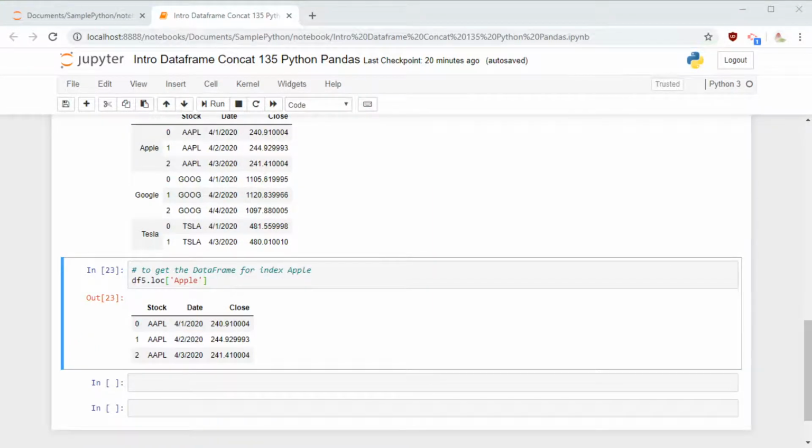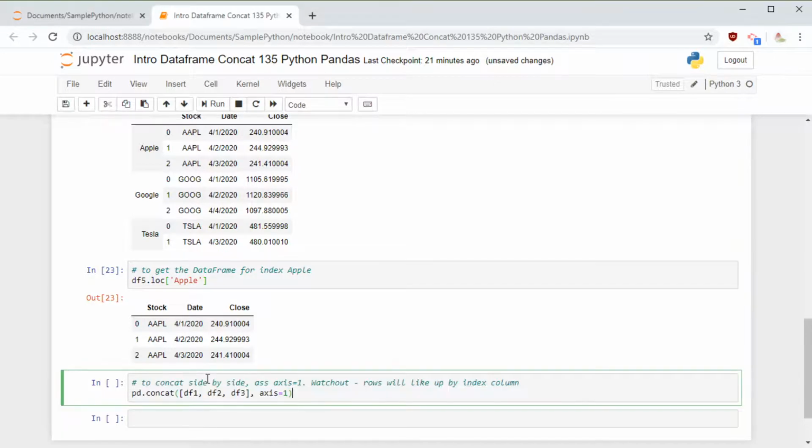Now we have a need where we don't want to concatenate one below the other. Instead, I want to concatenate side by side. That way I can compare the stock data and see, oh, on April 1st, Apple was down. What about Tesla? On April 2nd, Google was up. What about Apple? So those kind of side by side comparisons. I'd like to do them side by side.